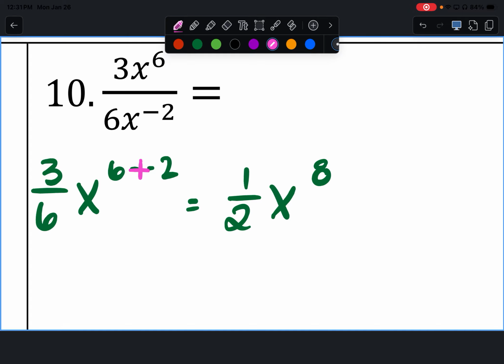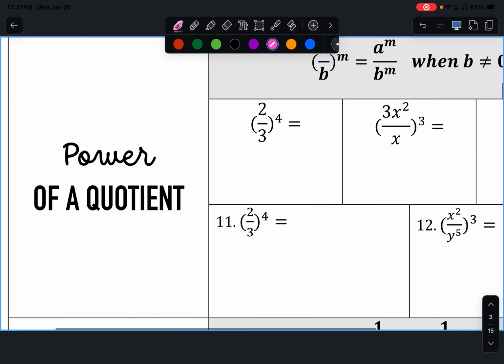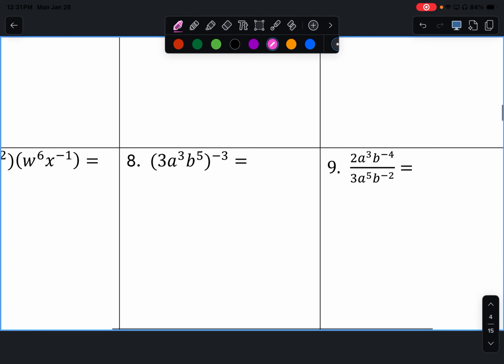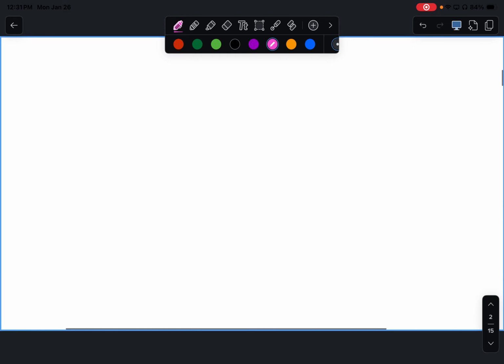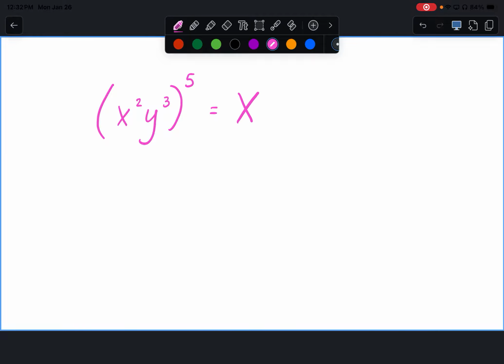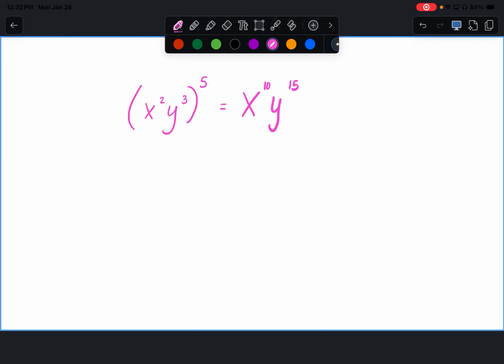All right. Now, we have power of a quotient. So, real fast, let's recap something, okay? So, if I have x squared y to the 3rd, all of that raised to the 5th power, okay? What would my x exponent be? 10. And then what would y be? 15. Okay? If I was to rewrite this, instead of multiplying right here, and I set it up as dividing,